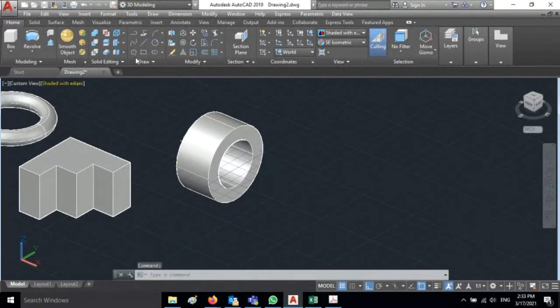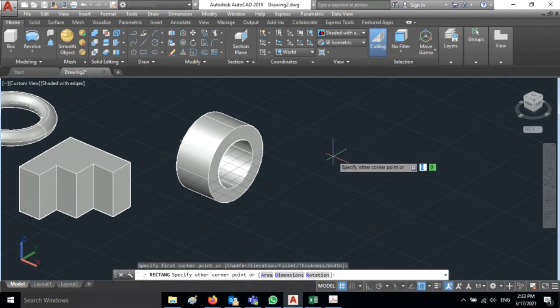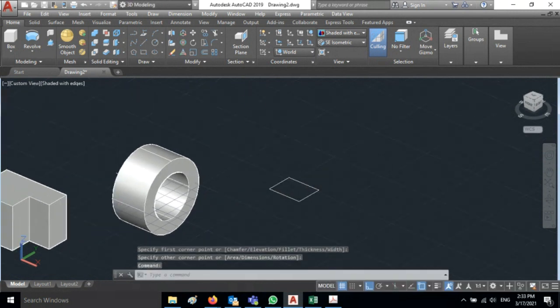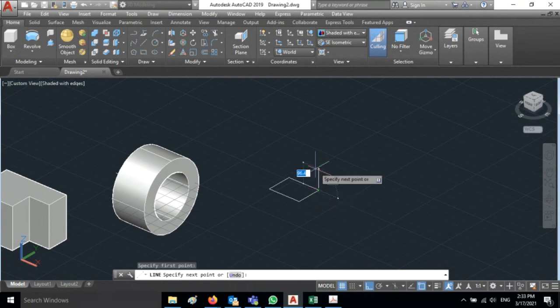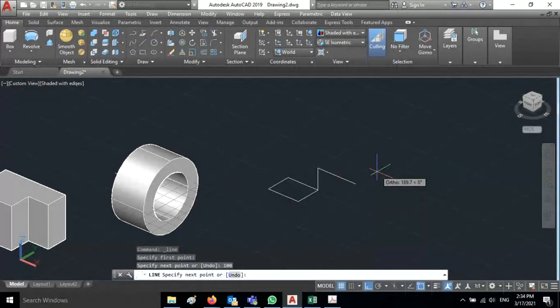If you want to use the sweep command, let us say I'm using the same object, and now I'm going to use a sweeping line. Let's say 100, and this side 150.